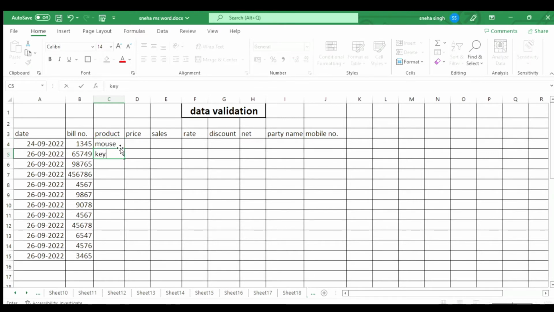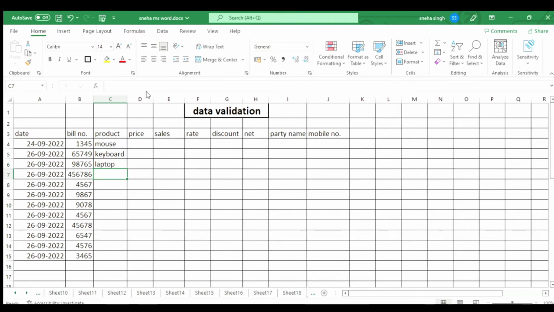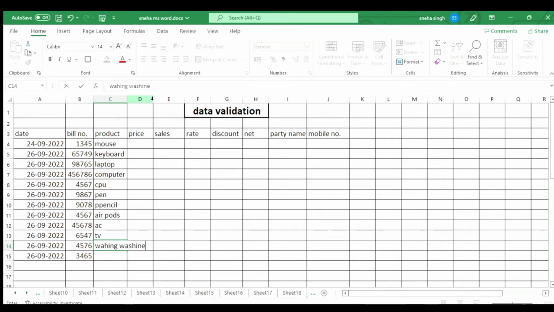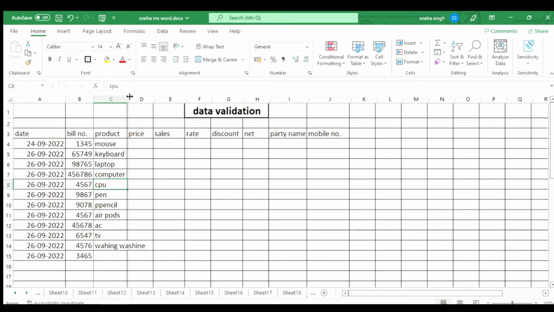Now we are going to write the product. Our condition for the product is that the product should not repeat. For this we are not going to put data validation here, because for this condition there is no direct data validation option. But I am going to tell you later how you can use this condition. For now, keep in mind not to repeat products. You have to notice this by your own.